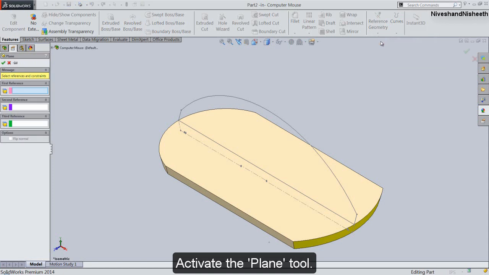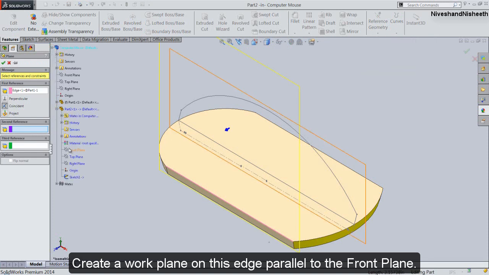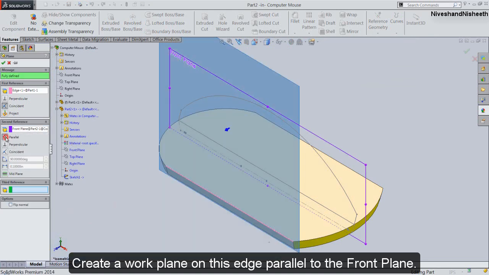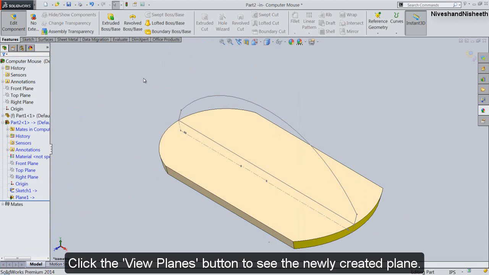Activate the plane tool. Create a work plane on this edge parallel to the front plane. Click the View Planes button to see the newly created plane.